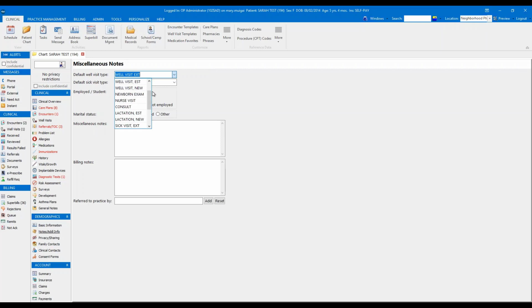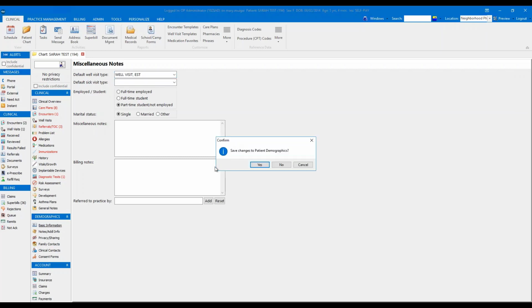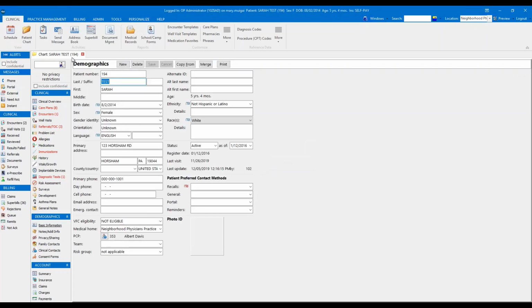and selecting Well Visit Established, a valid selection in my appointment type table. I'll then save my changes, close out of the patient chart,